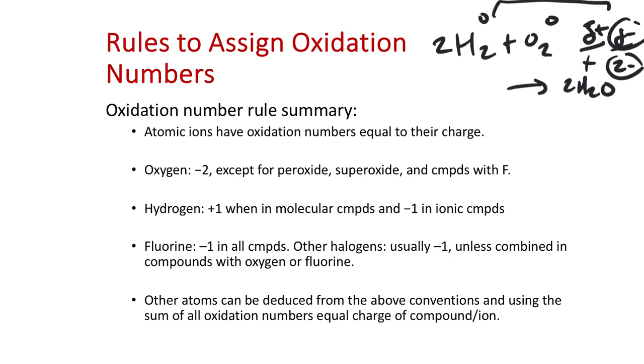Since we're ending up with hydrogens picking up a positive charge, that means they've lost electrons. So you can say that the H here has undergone a loss of electrons, it's been oxidized. And then the O is picking up those electrons, gaining electrons to go to the negative charge, and so oxygen's been reduced